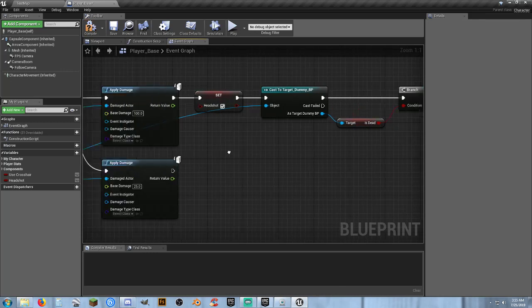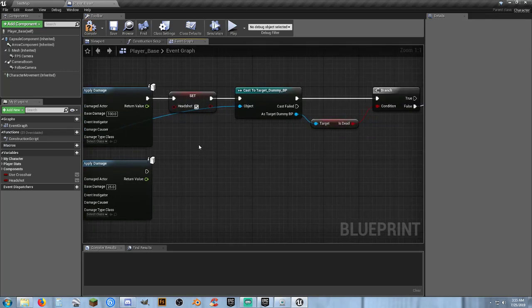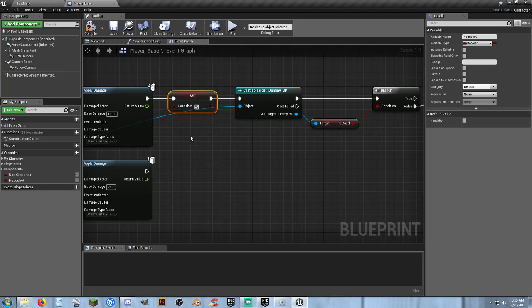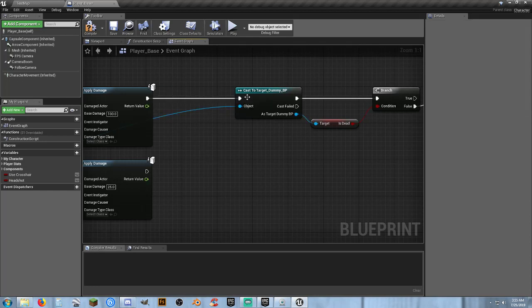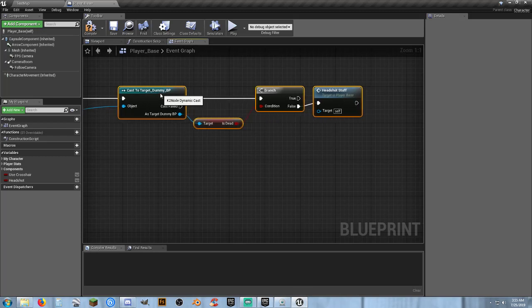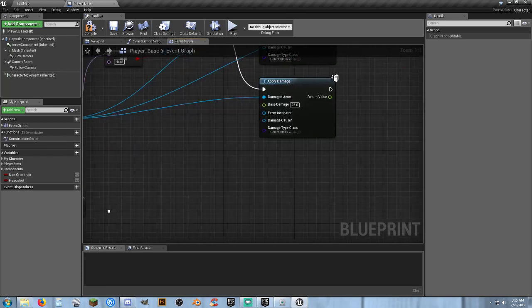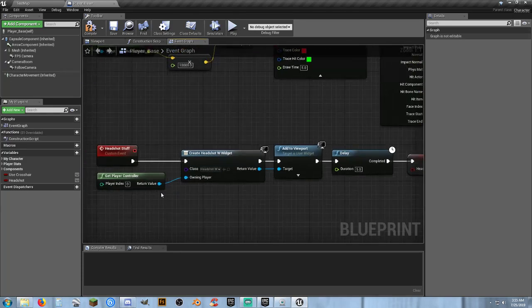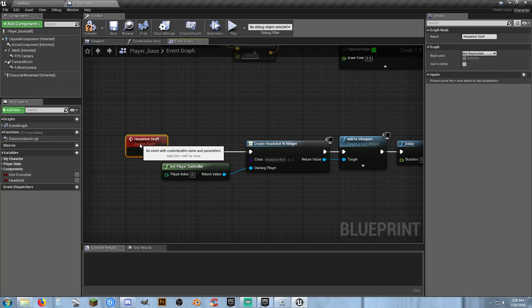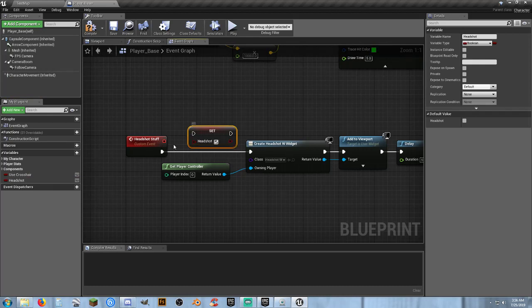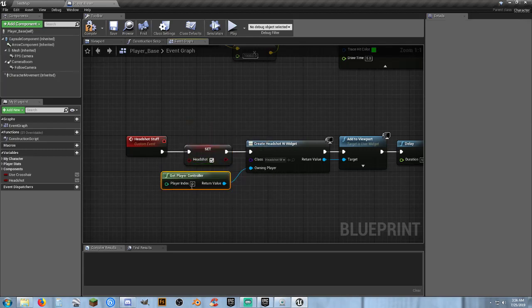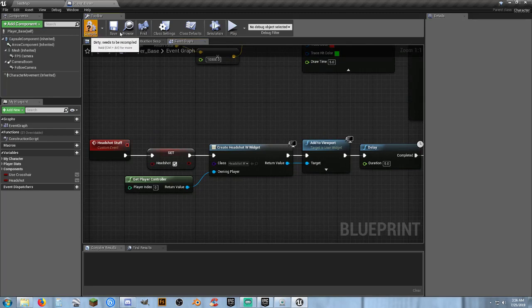So this is, we made that headshot. So we need to get rid of that. And since we're doing headshot stuff here, we would need to come back in here and move that over and set headshot is true. Connect those and do that. So in theory,